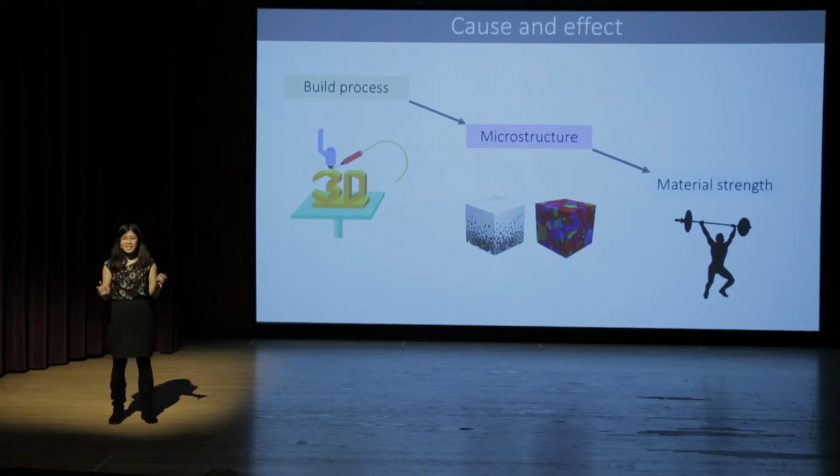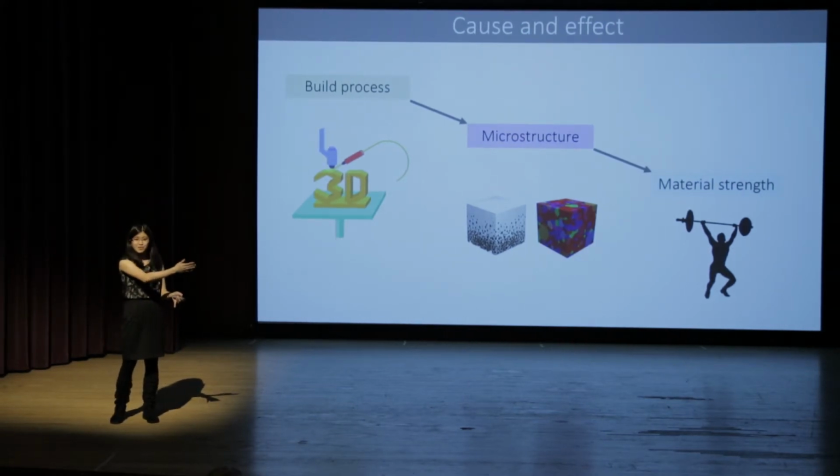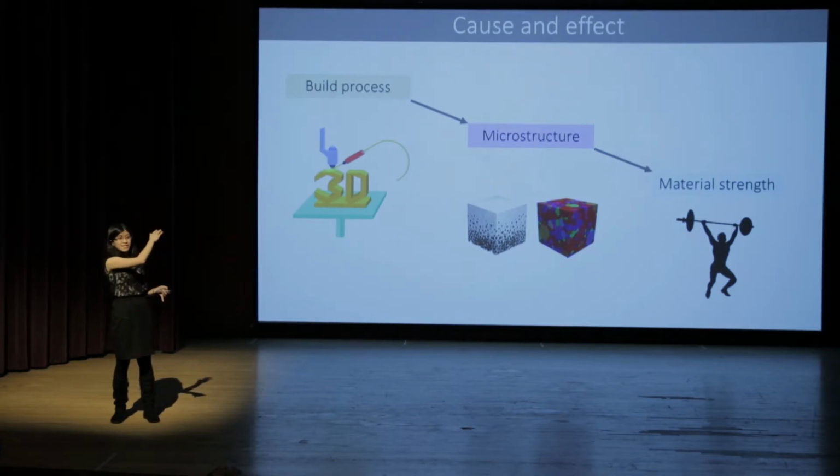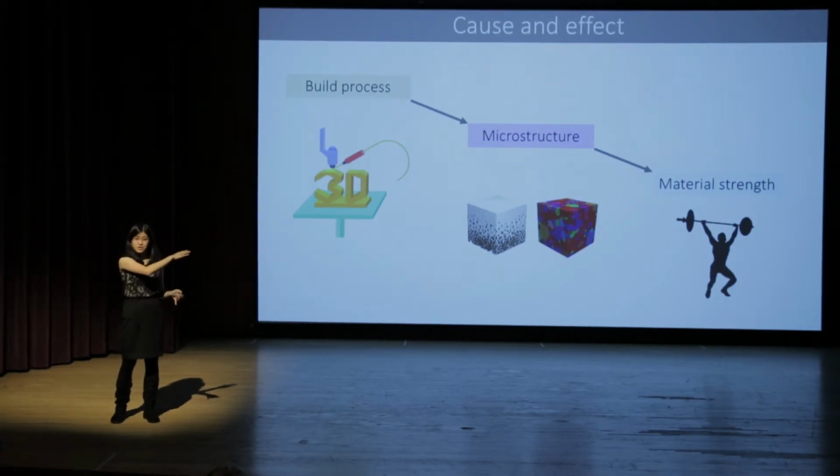If we're to understand this chain of cause and effect, we need to isolate the effects of the parameters and their result on the microstructure. But if there's so many parameters and so many different ways a microstructure could turn out, how do we figure out that relationship or quantify that relationship? Sure, you can do thousands of experiments, but that'll take a lot of time and a lot of money. Instead,